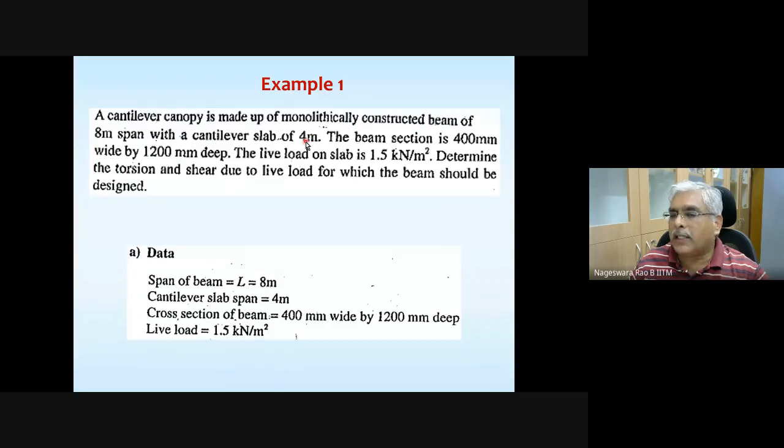It's going to act at the center of the cantilever portion, and you need to calculate the distance from the center of the cantilever to the CG of the beam. That is going to give you the lever arm. Then the total equivalent load multiplied by the lever arm is going to give you the torsional moment. So let's see the workout here.